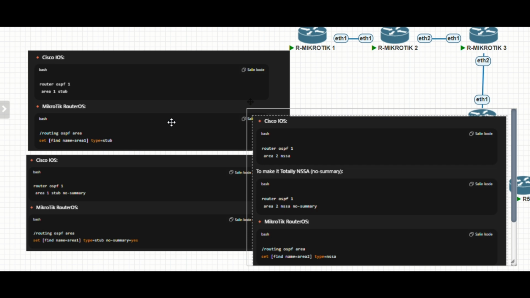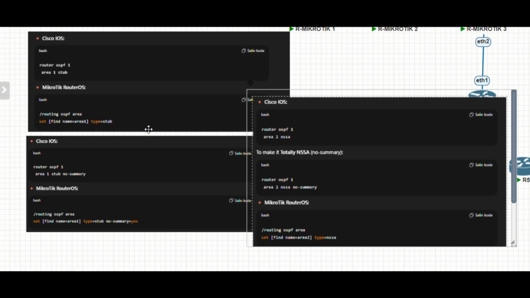So in the Cisco router, you just add the area, the area name is 1, and then stub. In MikroTik it's just a bit different: you should make the area first, and then that area that you made, you include it, and then make the type stub.